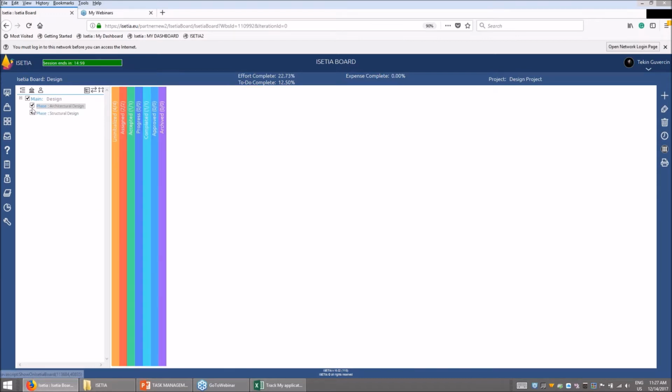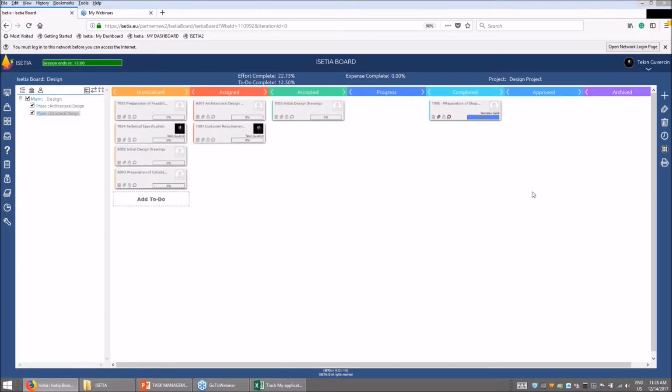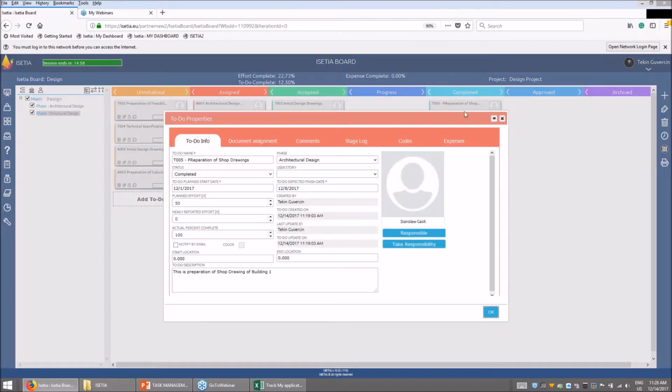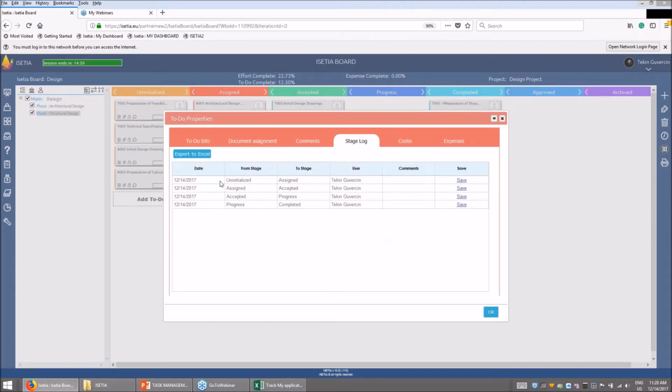But if I selected only architecture, you can see that 2 architectural work not started, 1 unassigned. So when you select it here, it will also give the summary of the work. One of the advantages also, if you open the task, we can keep the history, such as when this